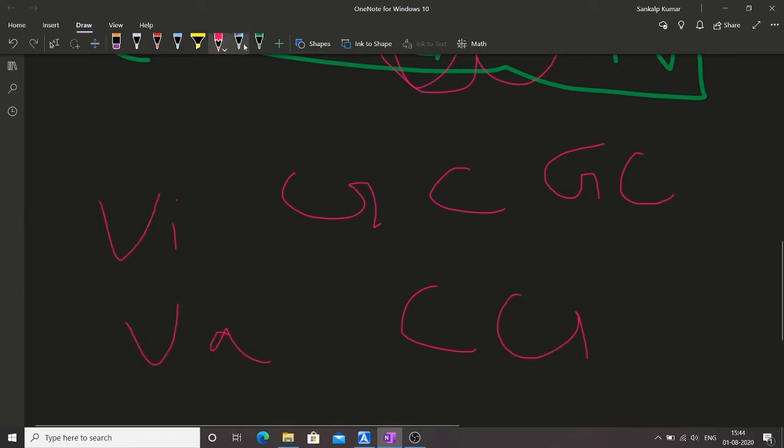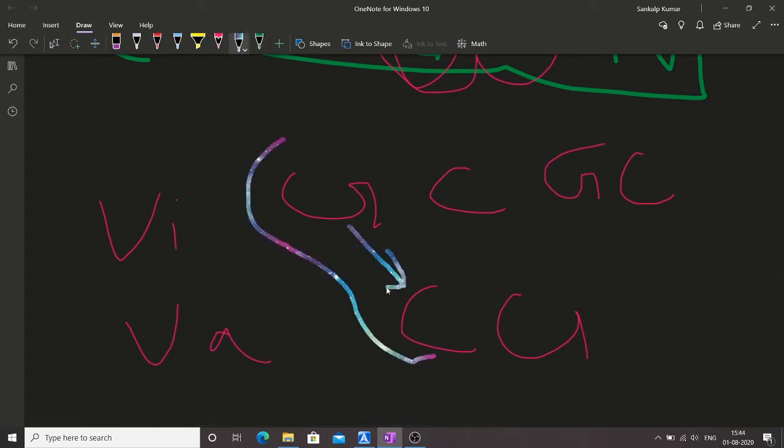This G will react with this C, and this G will also react with the other C. And this C of the virus reacts with the G of the vaccine, and again it reacts with the other G over here.